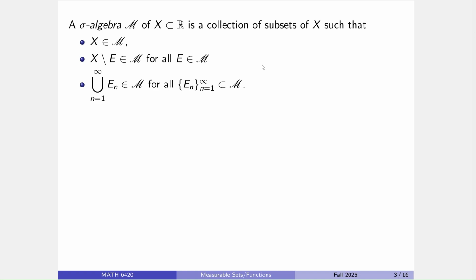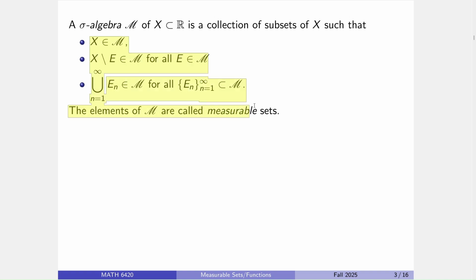Any element of a sigma algebra is usually referred to as a measurable set, or measurable with respect to the sigma algebra. Like I said, there are multiple sigma algebras floating around out there, and thus multiple different styles of measurable sets. For right now, we're going to work very abstractly. We'll get maybe a little bit more concrete later on. But that's what we mean by a measurable set. These are just elements of a sigma algebra, and a sigma algebra is a collection of subsets that has set theoretic properties. So we're mimicking what's going on with open sets, without actually giving a solid definition for anything: open sets have set theoretic properties, so I want things that have set theoretic properties.